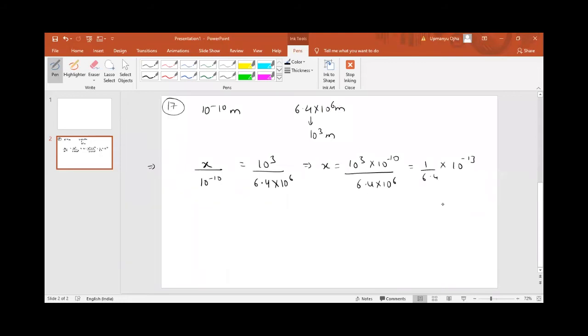Okay, fine. You take out that PDF which sir has given to you. Now question number 18. So the answer would be 1 by 6.4 into 10 to the power minus 13 meters, which is the size of the nucleus in the given atom. Okay, you will get the answer, just solve 1 by 6.4. Okay, question number 18. The average radius of the nucleus is